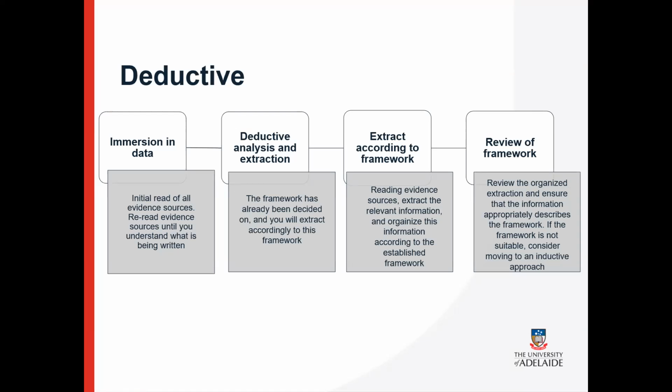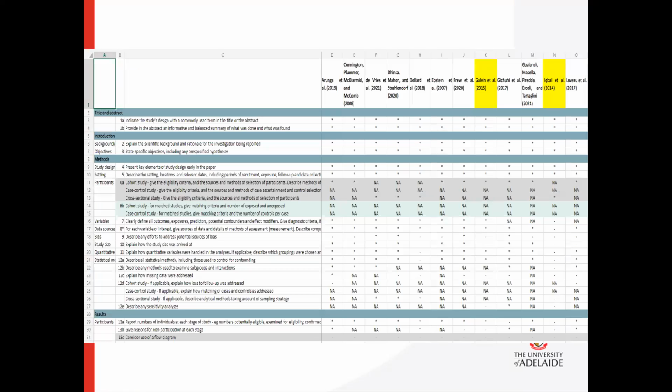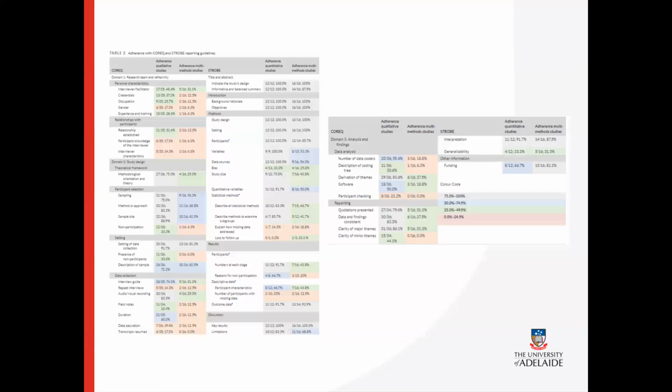And the framework was actually reporting guidance, because we wanted to know how these articles were reported. As you can see, there was a set of questions and the responses were basically asterisks and NAs, and the asterisks indicated whether the presence was there or not. Also, were these articles actually reporting according to the guidance? So that was our predefined framework, so to speak. And then that ended up as the results, again, very descriptive information here.